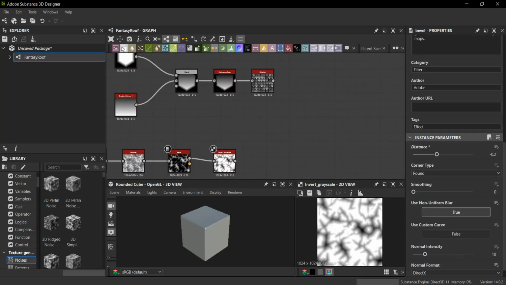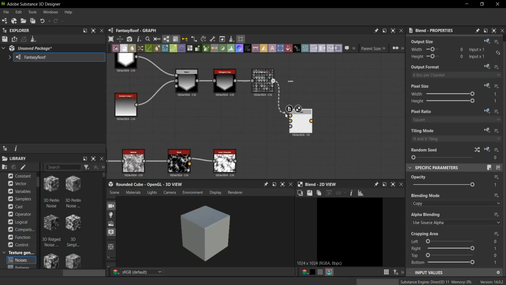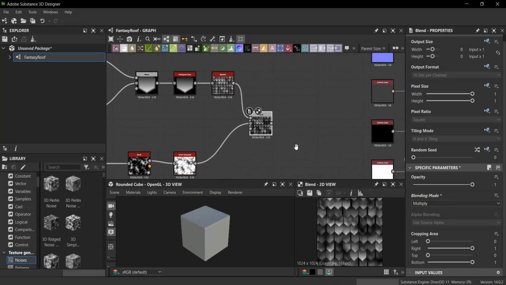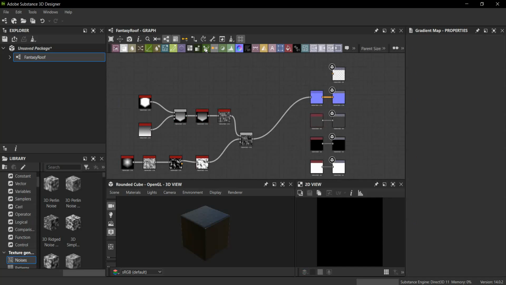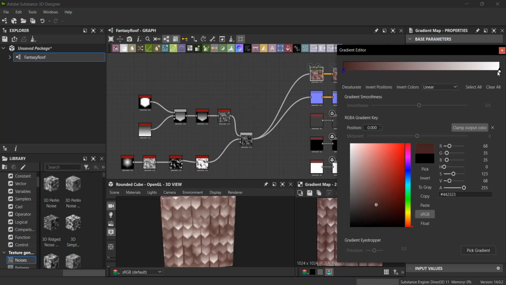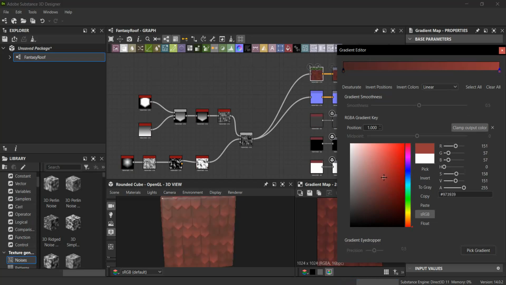So go here, get blend again and attach them together, and get the multiply blending mode. So click here, so it shows all the damage. You can get the gradient map from all the way here, so drag it down. You can choose whatever color you want, so I'll do something like this. And actually I want the damage to show less, and so there's more contrast, so I'll put this to around